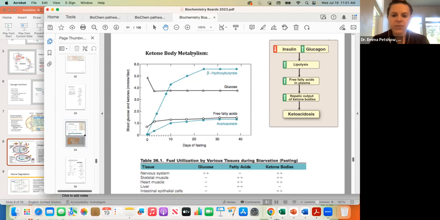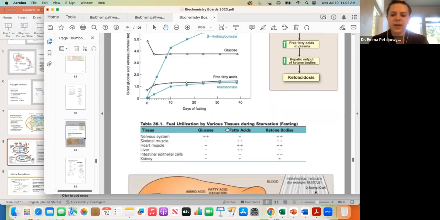So a reminder about ketone body metabolism. We can see here that in states where we're having a lot of lipolysis, we are going to have a large amount of free fatty acids in the plasma, because we've broken down those fatty acids into their free fatty acid form. We will then see an increased amount of hepatic output of ketone bodies, and we will get into what's called ketoacidosis. In our ketone body metabolism, acetoacetate and beta hydroxybutyrate are two of the culprits that we will most commonly see as ketone bodies.